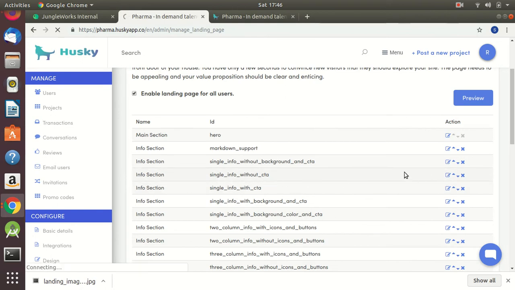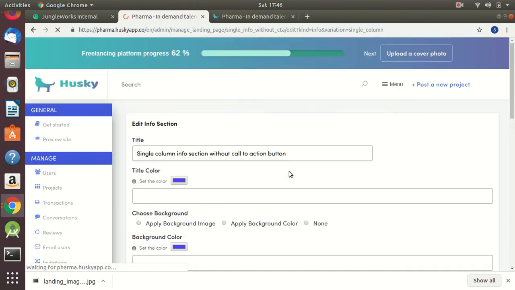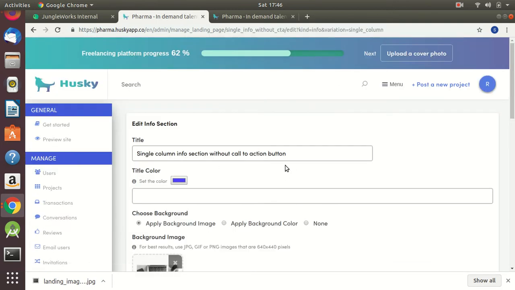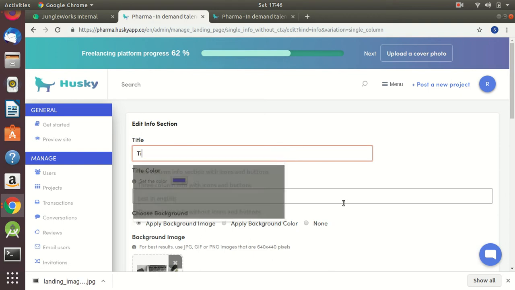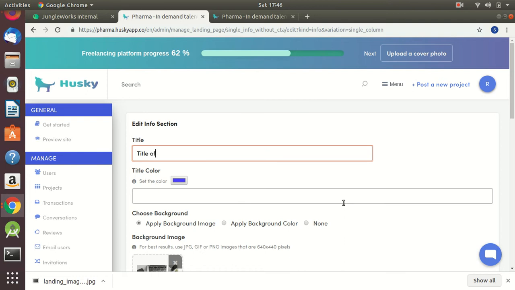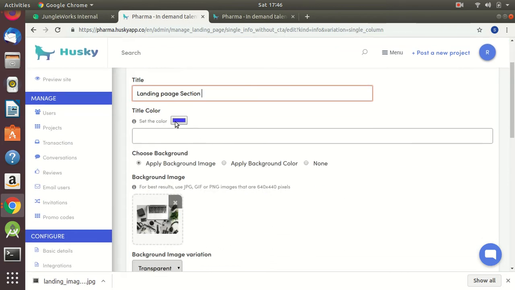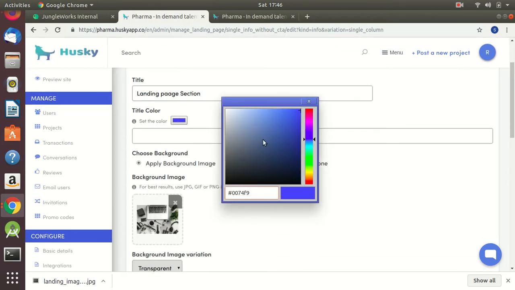I can edit this section. So this is the title. So I am writing the title, and we can give the title color from here, whatever title color that I want.